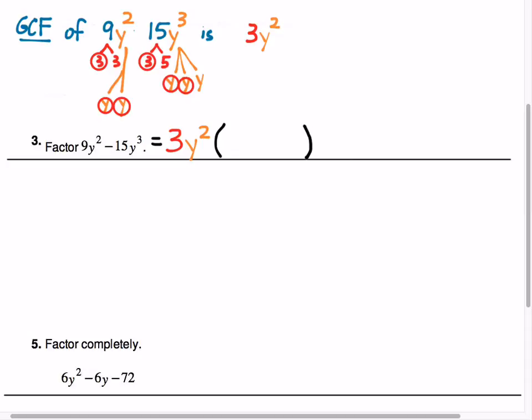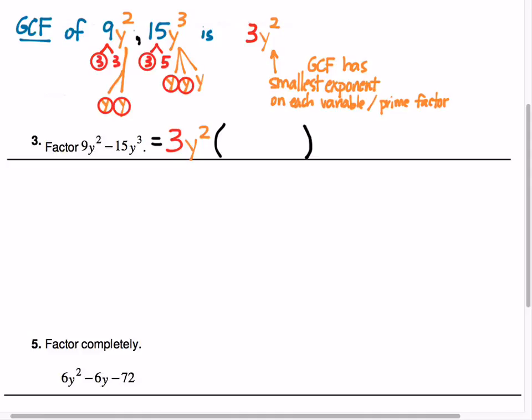So that's a quick shorthand rule of thumb. Choose the smallest exponent on each variable. And if you're working with prime factorizations, you can also choose the smallest exponent on each prime factor. And that's what goes into the GCF. So 3y squared is the greatest common factor of these two monomials, and so that's what we're going to factor out